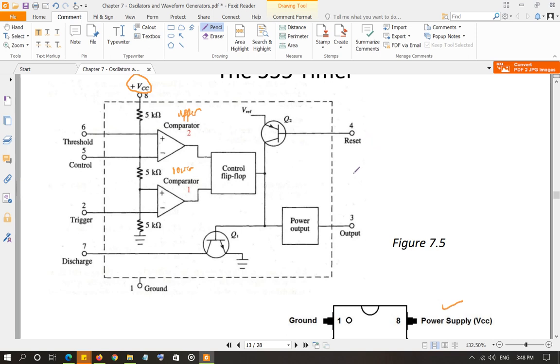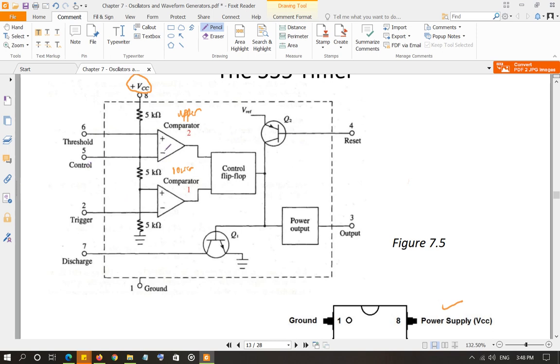If you send an active low signal on the reset pin, and active low means if you send a low signal it will activate, then it is going to reset the output of your 555 timer, irrespective of the condition at the input. So pin number 4 is the reset pin, and pin number 5 is the control,